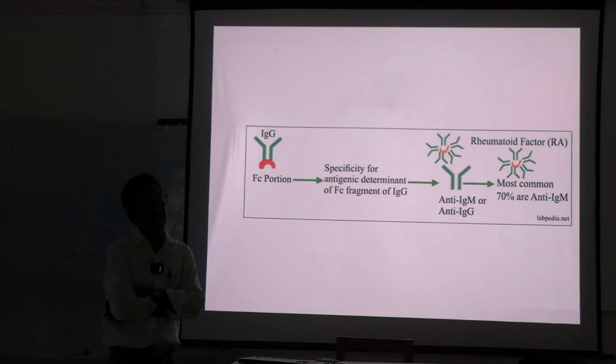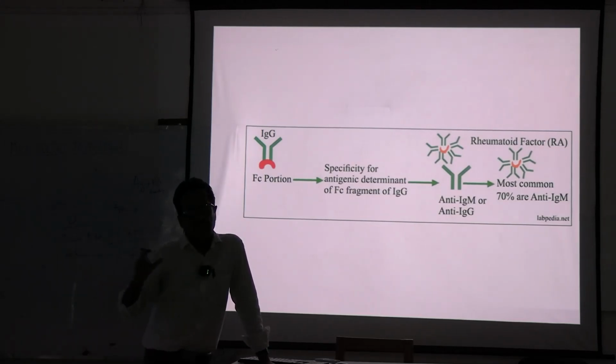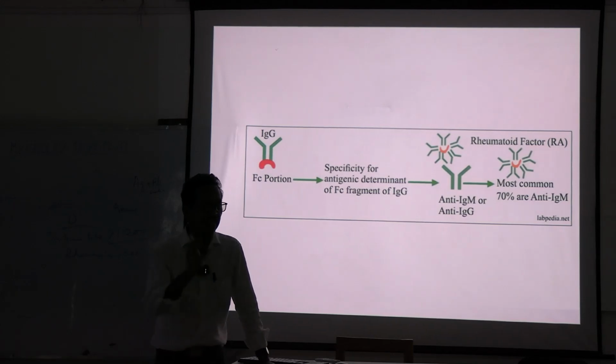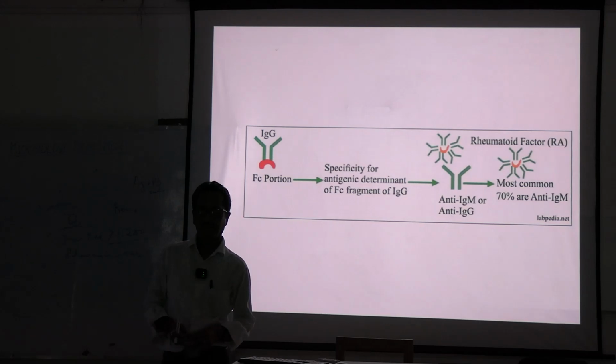It is antibody against the antibody. So when antibody acts as an antigen, which part is that? In case of antigen, it is the epitope. In case of antibody, what attaches is the paratope. Which part of the antibody is antigenic? What is the antigenic determinant of an antibody? This is called the idiotope.